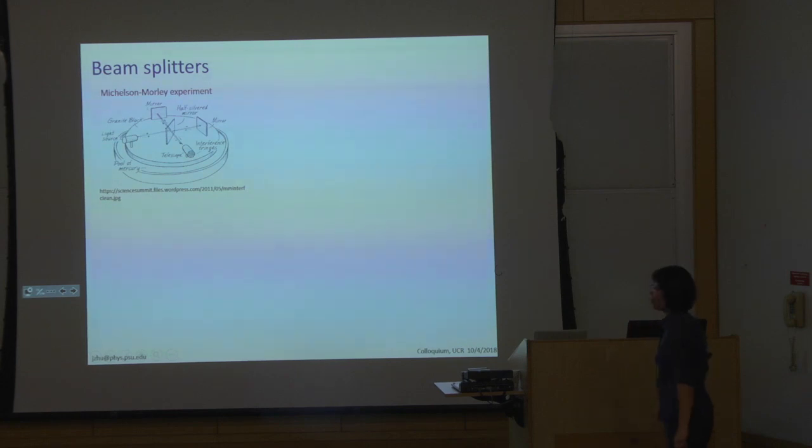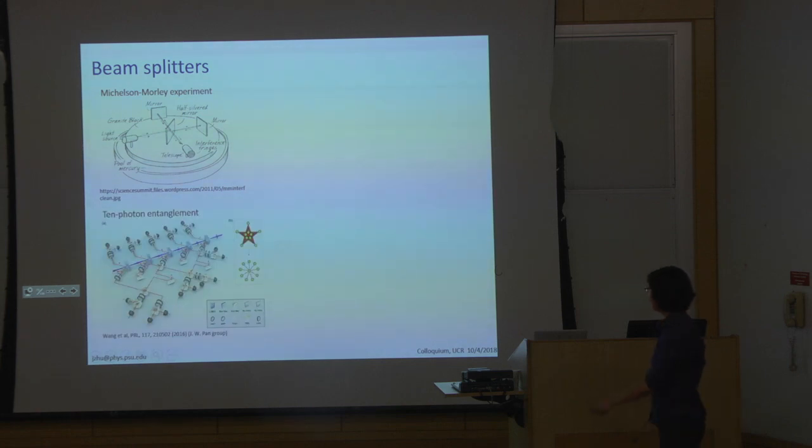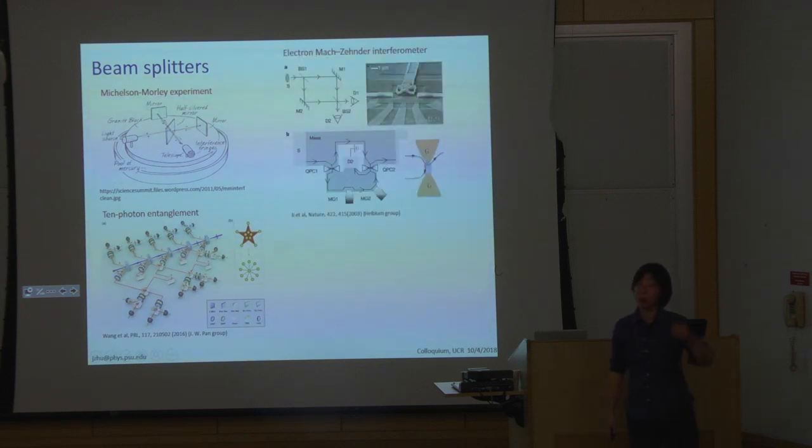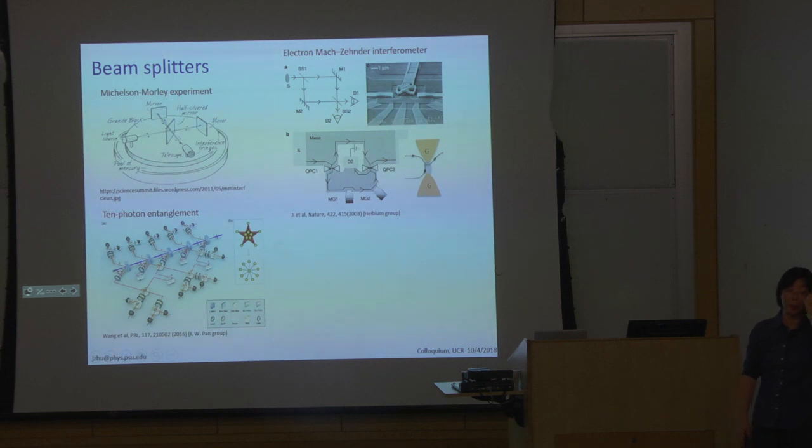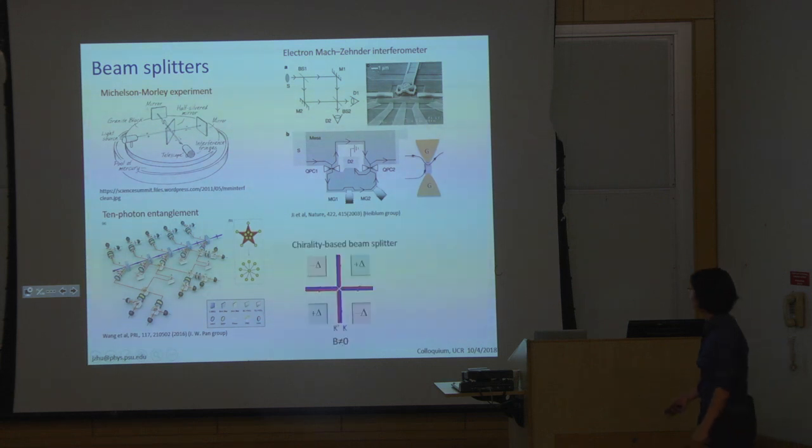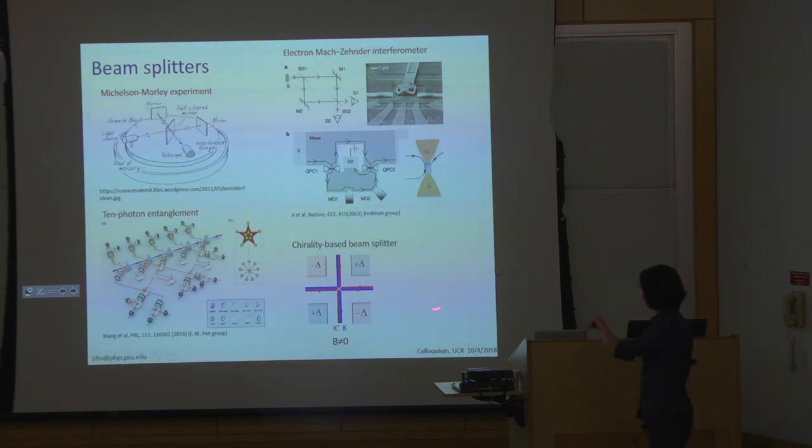So just a couple more on beam splitters. Right? How beam splitters are good. We know them from the Michelson-Morley experiment. We know their important role in photonics, in creating entanglement. In electrons, it's much harder to do. It turned out that there's only one beam splitter available right now, which is a quantum point contact for chiral edge states of a quantum Hall effect. So we have another beam splitter here that could work on the kink states. And what we're doing now is to make it work at B equals 0, and hopefully to do interferometry measurements